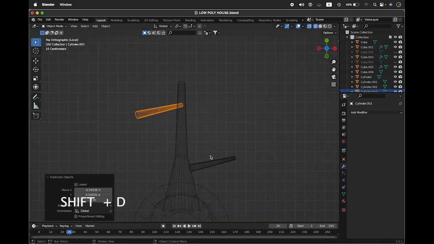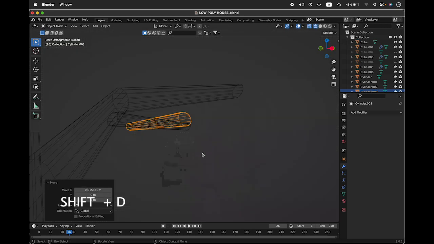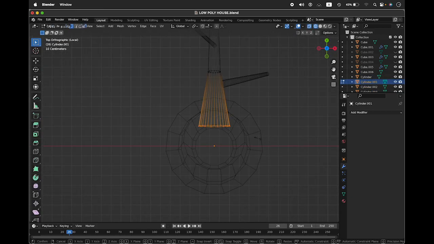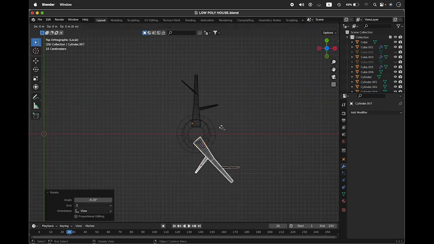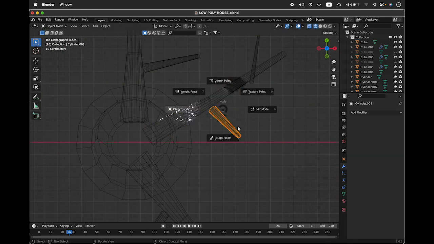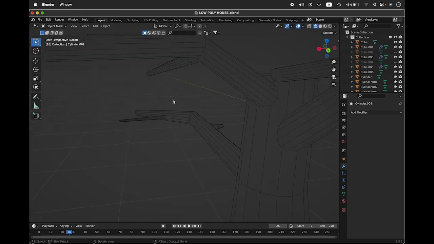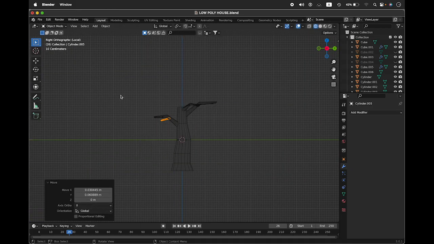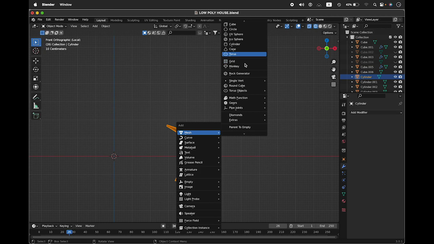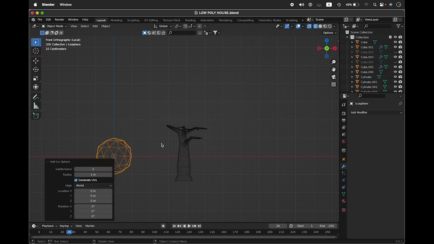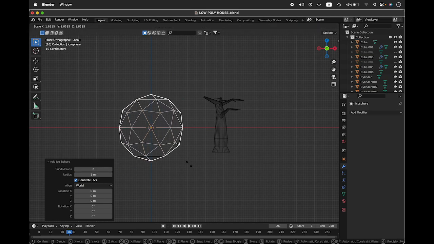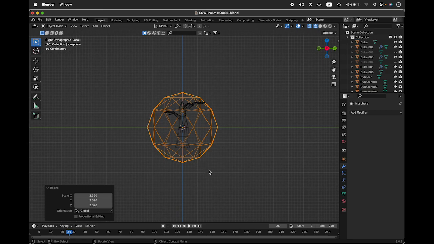Once you're done with one branch, you just need to duplicate it, so that will be easy. Okay, now it's time to make some leaves and all. So for that, just because this is low poly, we're gonna use an iconosphere and then scale the iconosphere